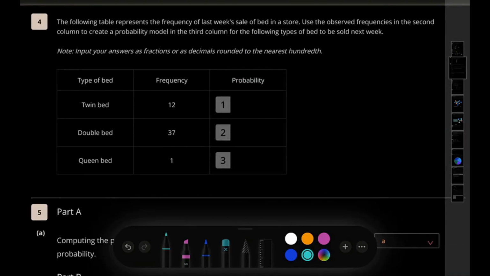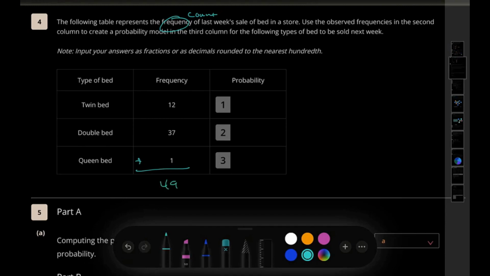Question number 4, the following table represents a frequency, so frequency just means count. The last week's sales of beds in a store. Use the observed frequencies in the second column to create a probability model in the third column. Input it as fractions or decimals round to the nearest hundredth. Okay, so you're just adding all these together, and then you would get